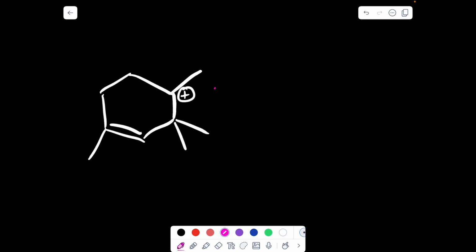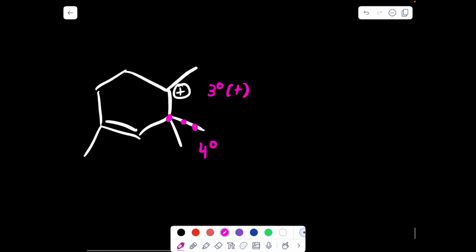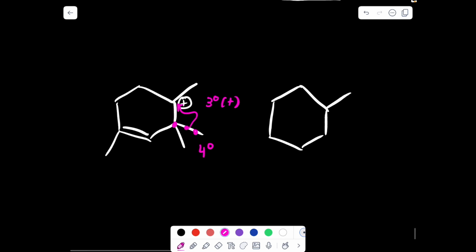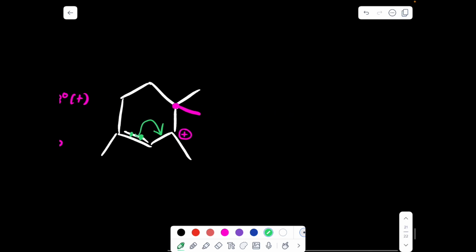What about here? We're already a 3° carbocation. Isn't that the best? Well, to my right, I have a 4° carbon. So if I did a methyl shift, 2 in, what would happen? Let's just try it out. So now the CH3 group would be on the initial carbon that was positive, and then the positive charge would be on the initial 4° carbon. And look what happens. Now this carbocation is in an allylic position, meaning that this pi bond can go 2 in,